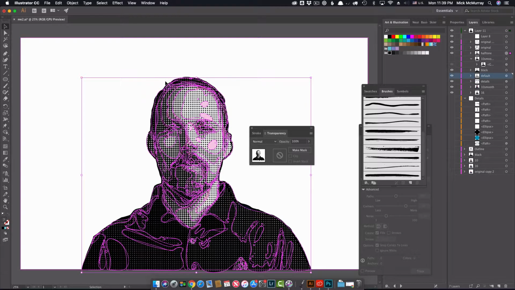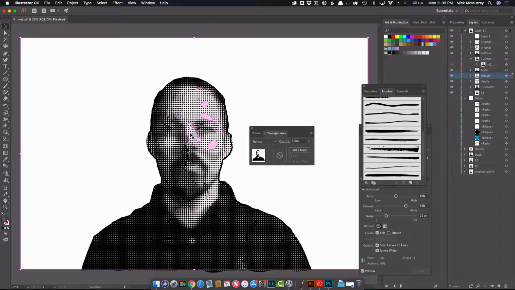So there is my halftone. Try some different settings to get the settings that you like. Now, it is solid black and solid white, so I do need to blend this down. So if I go back to that halftone layer,